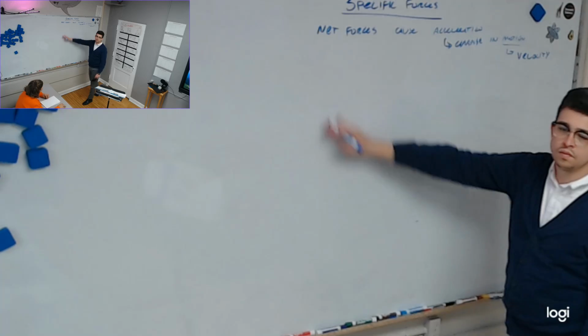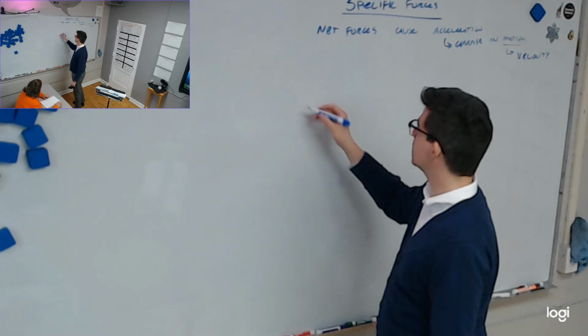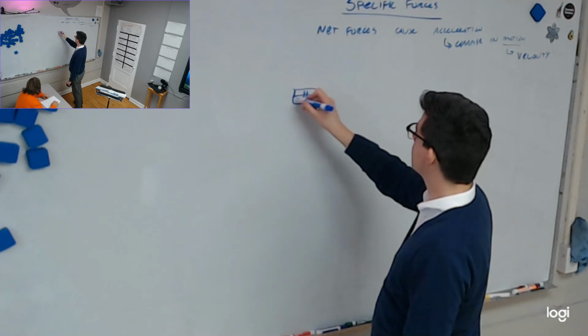A way of describing motion is velocity. When velocity changes, that's called acceleration. And acceleration is always caused by net force. We had talked about if we have an object, in this case a birthday present, if we have